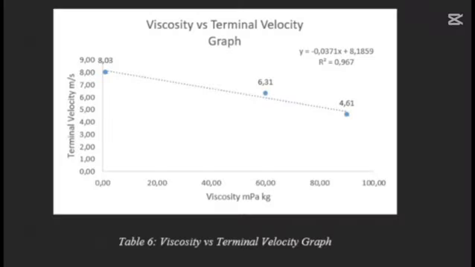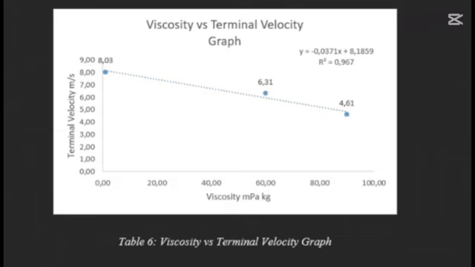After I ensured that my data was relatively reliable with the percentage errors that I obtained, I decided to plot a viscosity versus terminal velocity graph. As you see in my graph, the R-square value of my data is 0.967, which concludes that there's a strong relationship between viscosity and terminal velocity. And the Pearson R value for my data is minus 0.985, which shows that there's a strongly negative relationship between